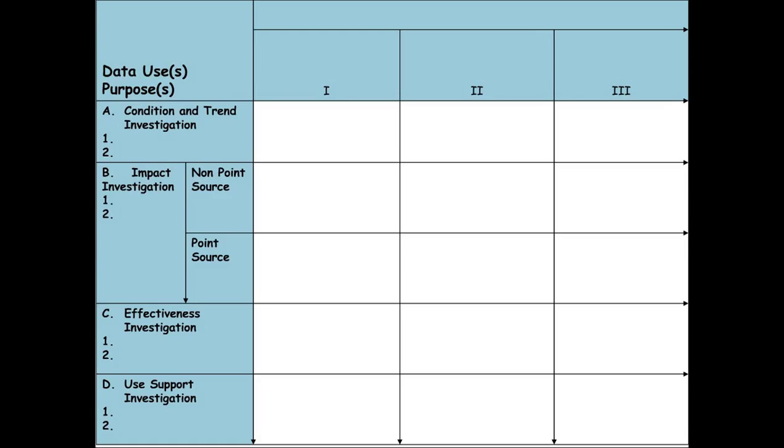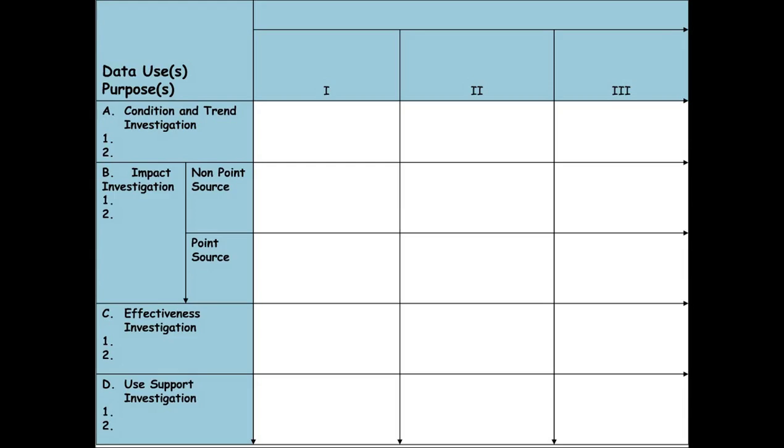So we're going to use a series of worksheets to fill out this matrix that you have in full on page 5 of your workbook. Down the left side are all your data uses, either how you plan to use your data if you don't have a program, or if you already have a program, you have a data purpose here. And if I briefly go down them,